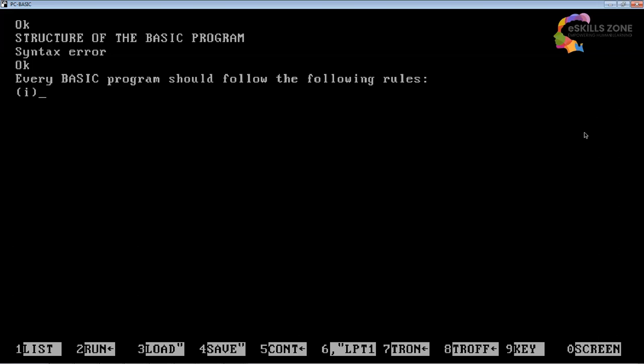First step is every program statement must begin with a line number. So the line number is mandatory in writing a program in BASIC, because without a line number the statements cannot be executed. We have discussed earlier in previous videos that